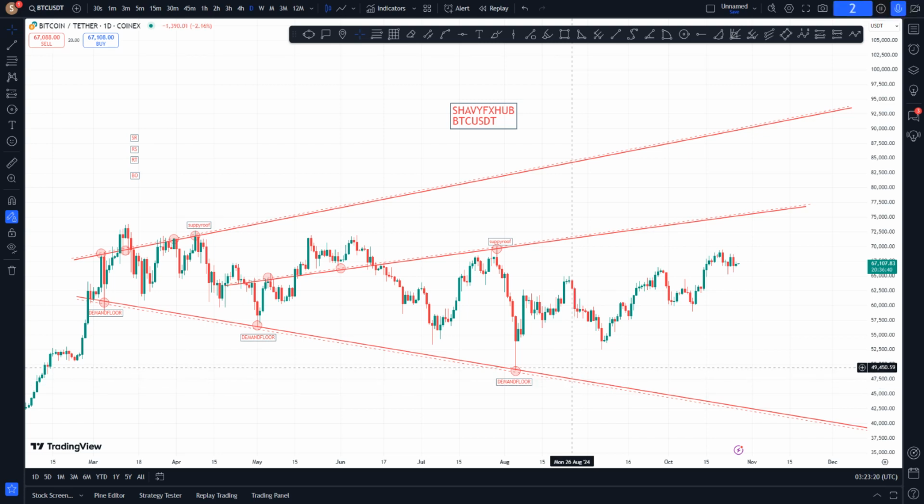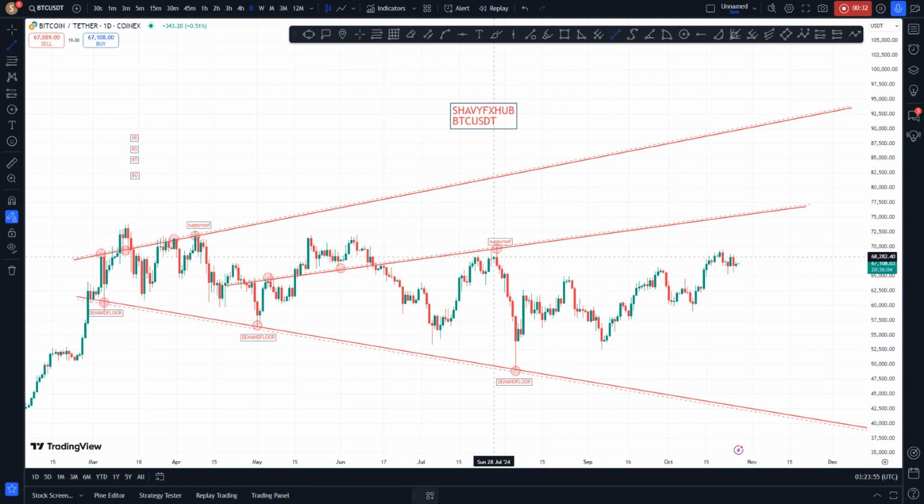So let's look at BTC USDT using the SHAVYFXHUB strategy. We're on the daily time frame and we've done a very extensive weekly chart on the BTC USDT with a clear directional bias as to where price is going. In our post two weeks ago, we expected a breakout, which we can spot from the daily time frame. And you can see the breakout we have here: